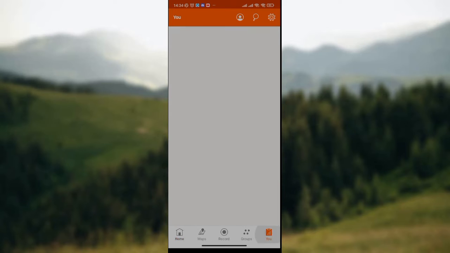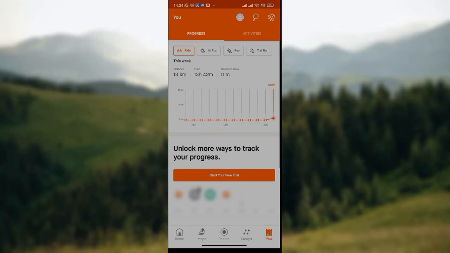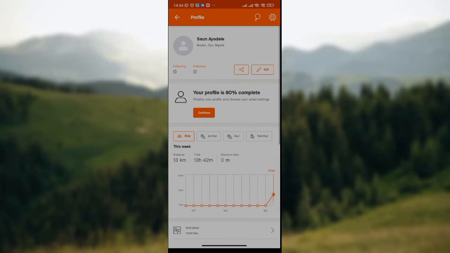So once you click on it, you wait patiently for a page to display on your screen, and on this page you take a look at the top right corner of this page. We have the profile icon, the search icon, and the settings icon. You simply click on the profile icon just like I've done here. Then once you've clicked on it, your profile will be displayed on your screen, your name, your state, your country,